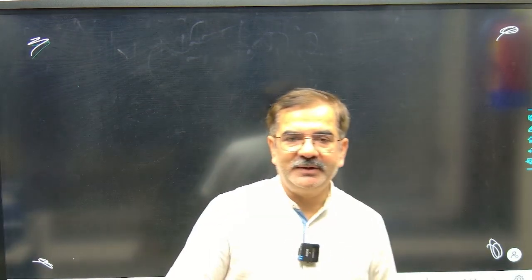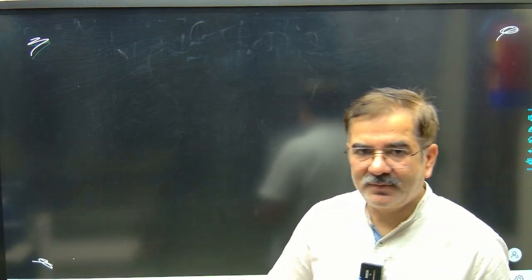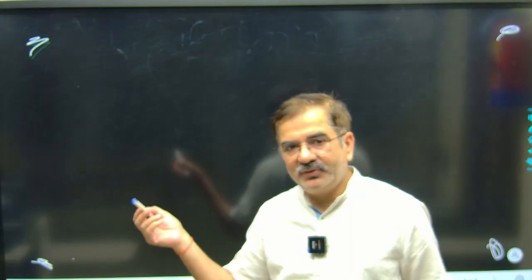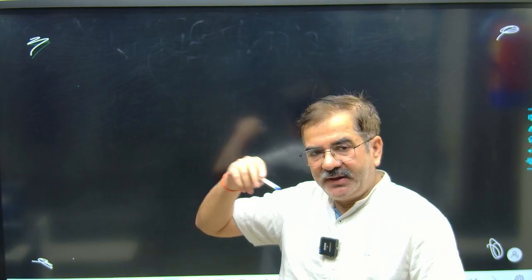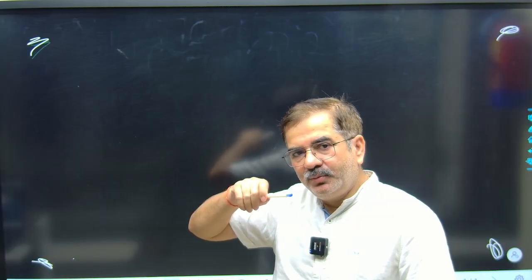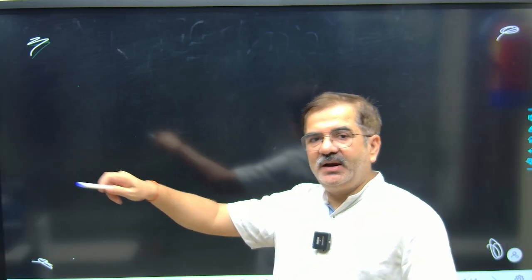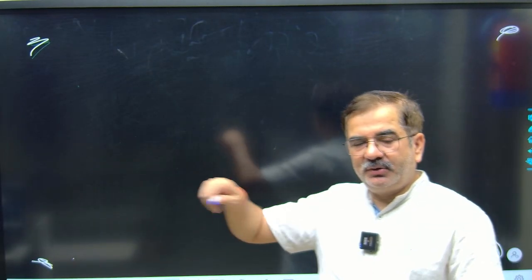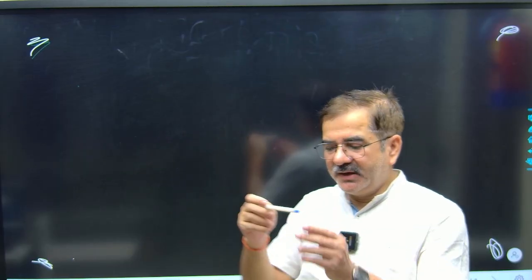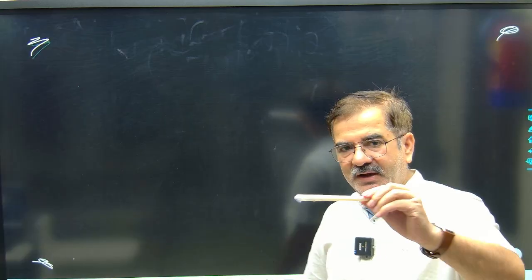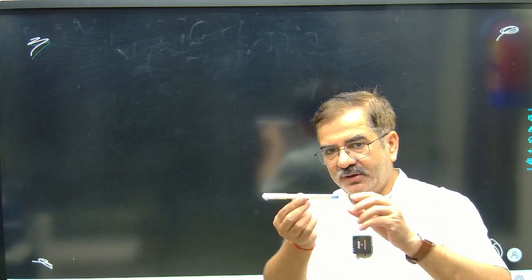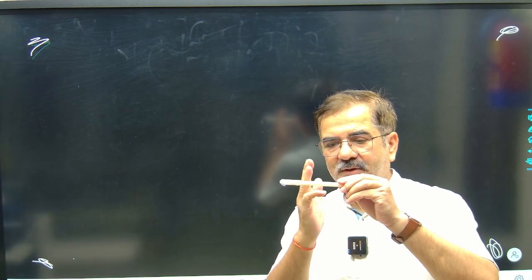So students, today I will take this case of motional EMF, meaning that even when there is no flux change in a closed loop, there is a conducting rod. If any conducting rod is made to move perpendicular to the field lines, then for any conducting rod, मान लो ये हमने conducting rod ले लिया और इसको perpendicular to field lines move करा दिया. If this rod is moving and field lines are up, तो ये field lines को क्या